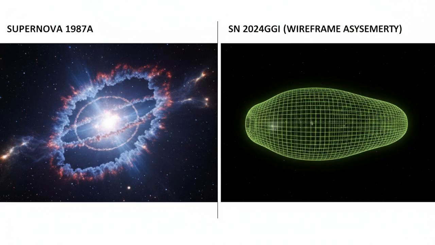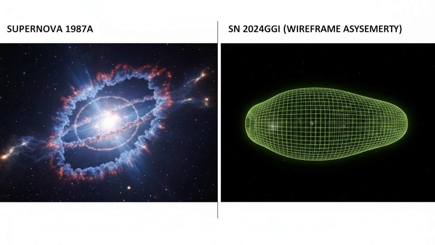Then there is Supernova 1987A, the closest supernova of the modern era. It is surrounded by three rings forming an hourglass shape, which is essentially the projection of a bipolar clamshell. For 37 years, the neutron star at its center was missing. Just recently, we found evidence of it, and the reason it was hidden is likely because it was obscured by a dense, asymmetrical dust blob, further proof of a lopsided explosion.